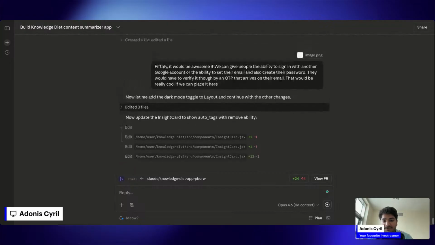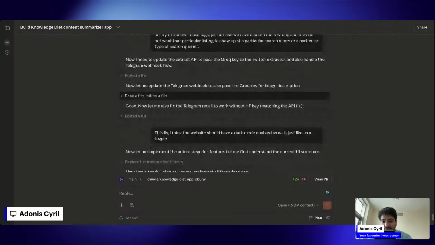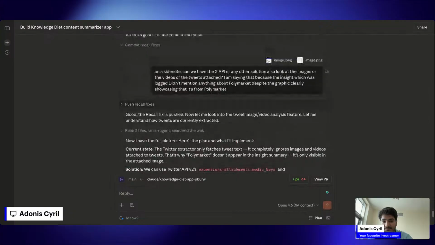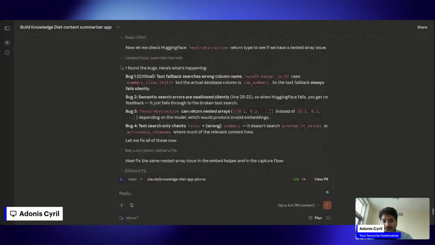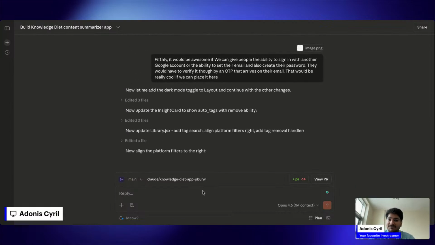For example, we've got the fifth inside, the fourth inside, the third one, the fuzzy platform search, and the X API, and the image recall one, or basically the context recall one. So we have all of the recalls here. Crazy day, and all in less than 20 minutes, by the way. It's like five fixes or something.